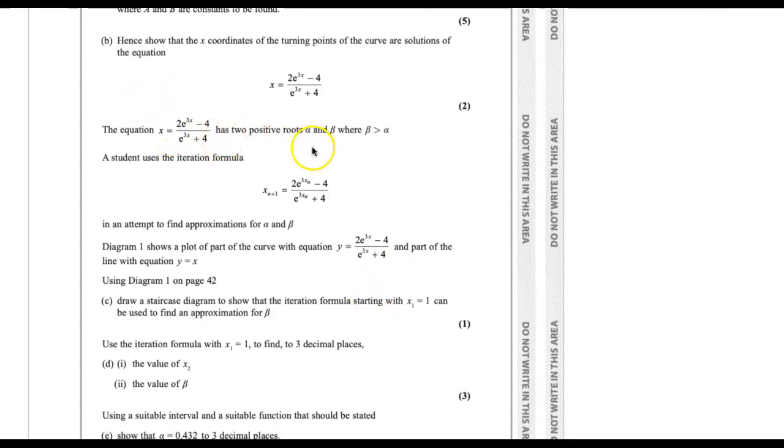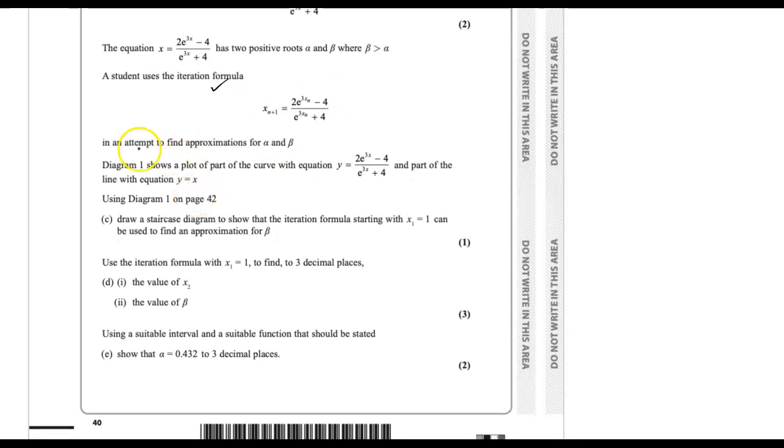The equation has two positive roots, alpha and beta, where beta is greater than alpha, and we have to use the iteration formula in an attempt to find